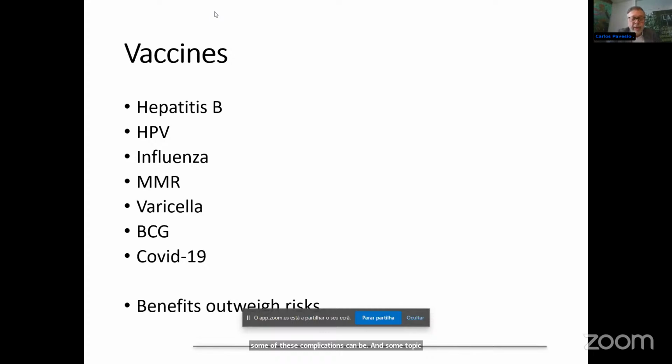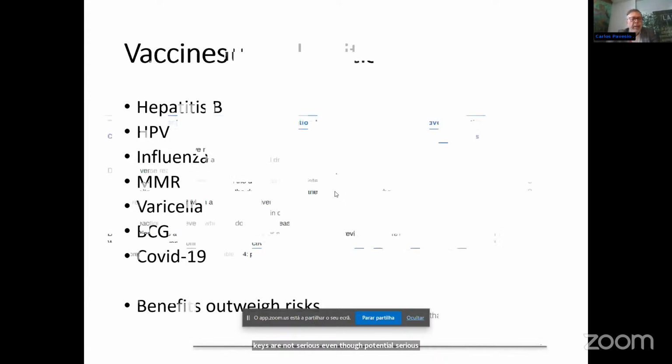Don't forget vaccines, especially recently, as we're all aware of the COVID situation. We all know that patients reported, and we've seen them, with inflammation in their eyes. Hepatitis B seems to be the most common one, but all these other vaccines I'm mentioning here can be linked to inflammation, but the benefits outweigh the risks. So we don't recommend that patients should not take a vaccine because of a potential eye problem, because the frequency is low and most of the cases are not serious, even though potentially serious problems can occur. But we should not advise against vaccination.